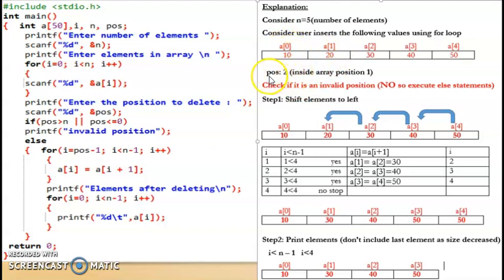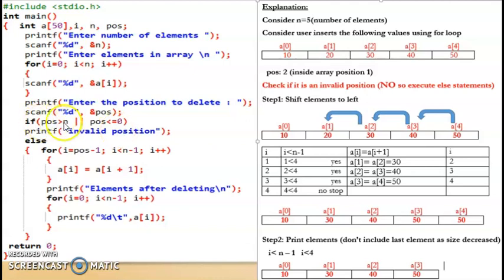So whenever the user says position 2, actually inside the array, it will be the first position. We can see that this position is A of 1 inside the array because array values start from 0. So this will be A of 1, and this element has to be deleted.